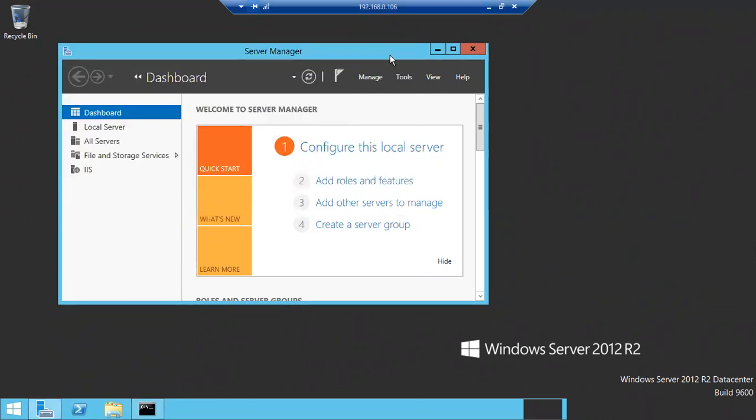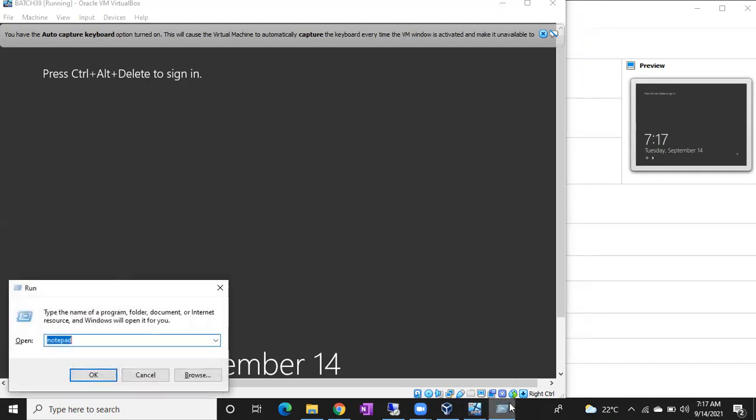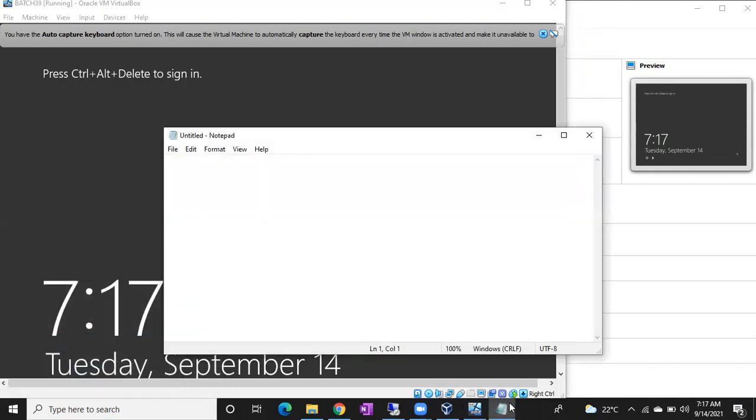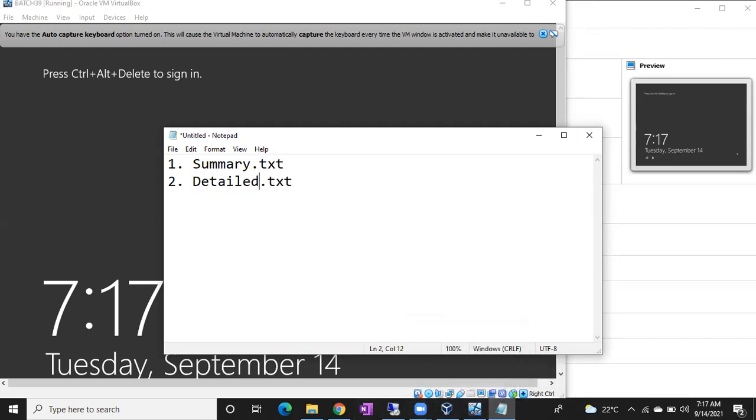So remember these steps. Whenever you are facing issues like installation failed, patching failed, upgrade failed, uninstallation failed, what is your first source to check? The summary.txt file. This is the first source. If you don't find anything here, we have one more file called detail.txt. You can see this is also notepad.